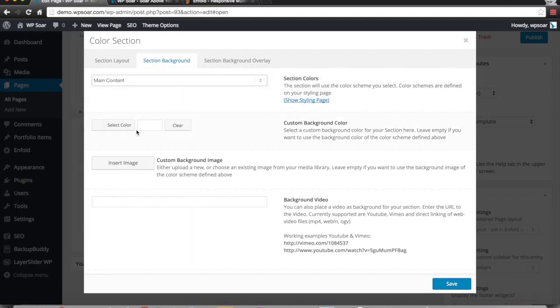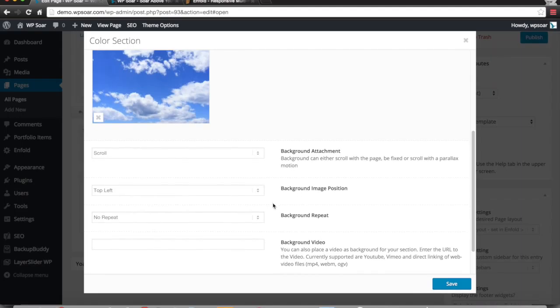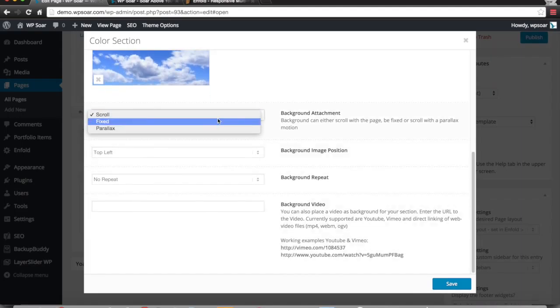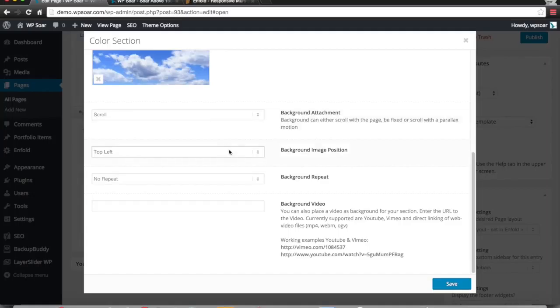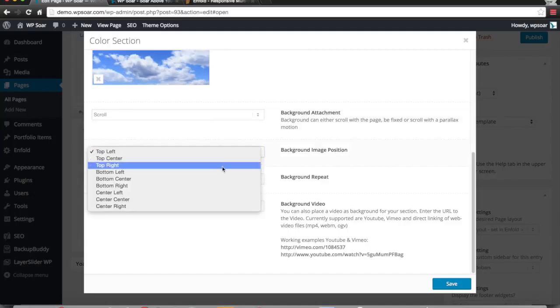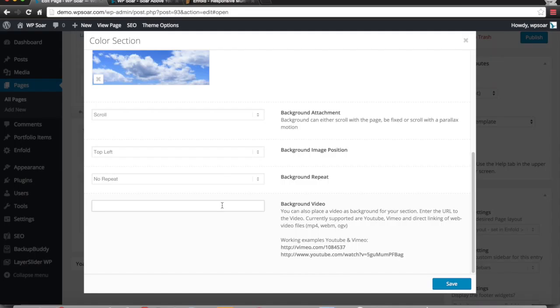And you can even select custom background colors and a custom background image. Now, when we insert an image, let's do clouds since we have clouds. We can select if we want it to be fixed, parallax, or scroll. I like parallax because it's really cool. As you scroll, the image kind of scrolls with you in the background, and it has this really cool effect. And you can position the background image. You can have the type of repeat that you want for the background,